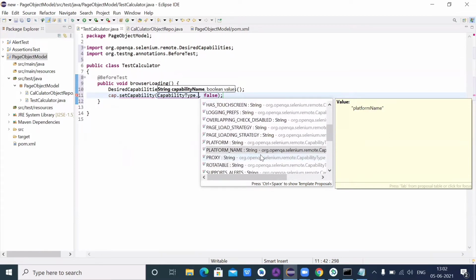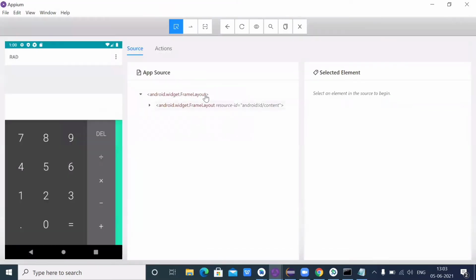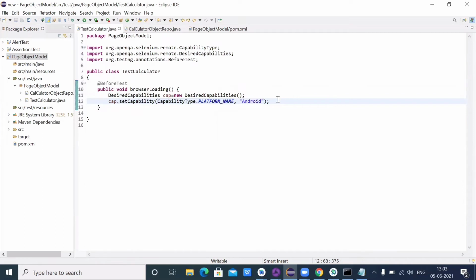Okay, platform name. So in platform name I am going to pass Android, which I provided in Appium only. I will go in Appium. I gave this capability name, I showed previously only, that one. So I am giving here Android.